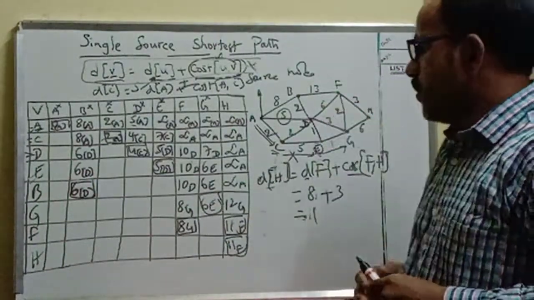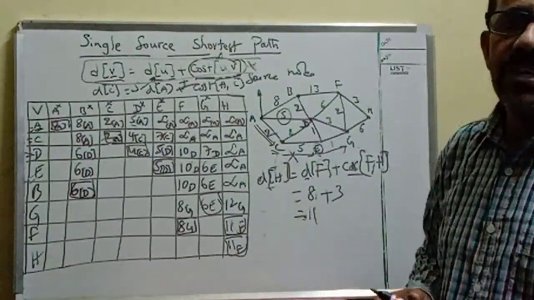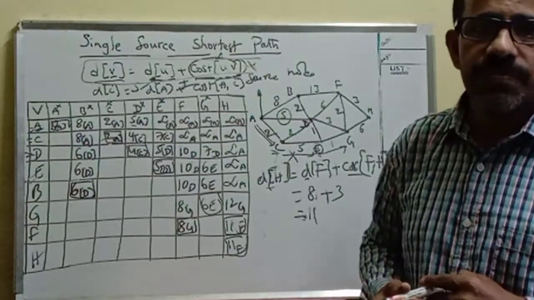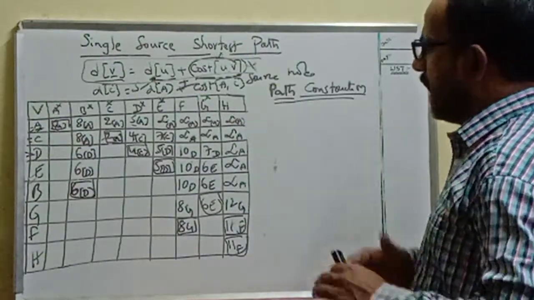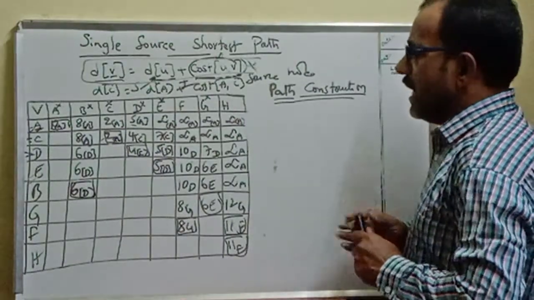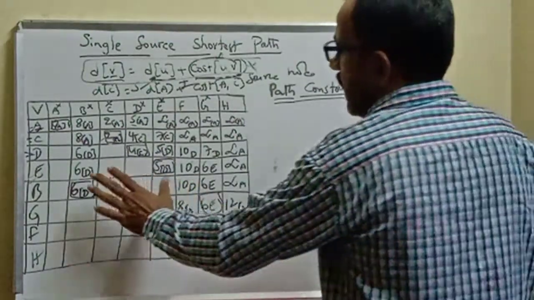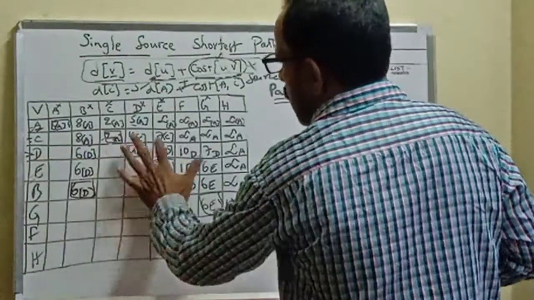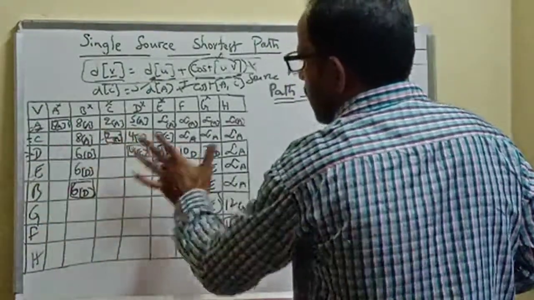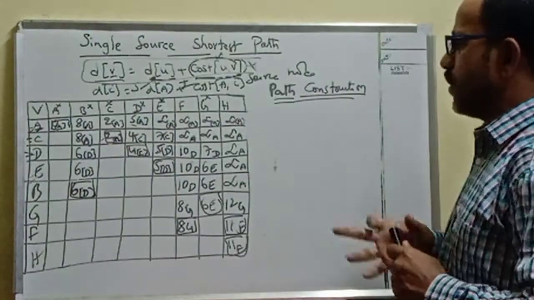Now I am going to show how we can construct a path between the source node and all the remaining nodes. Now I am going to show path construction between the source node and any selected node. You can select any node. Now I am going to prove whether that particular path cost is the number which is rounded or squared against that particular node number or not. I will show you. Okay.